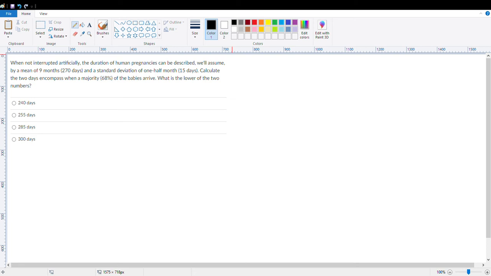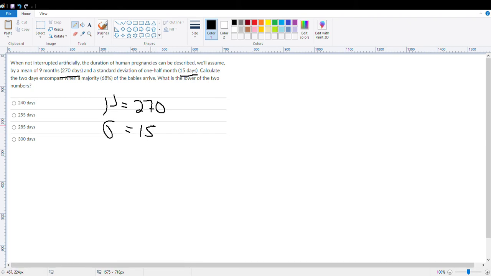Okay, so let's see if we can answer this question. Basically, it is saying if we have a distribution where the mean is 270 and the standard deviation is 15, can we do anything with that? What I'm trying to have you take away from this lesson is that once we are given the mean, which in this case is 270, and I've given you the standard deviation, which is 15, we're going to know